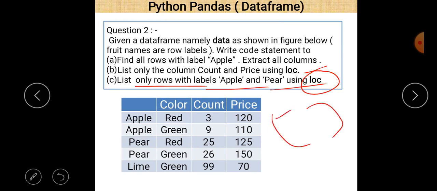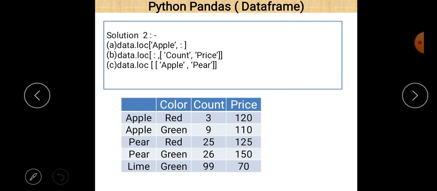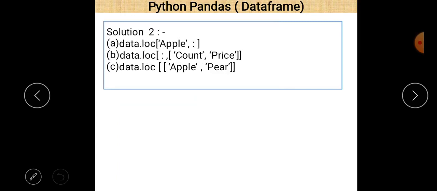The same goes for columns: if there is more than one column, put all the column names within a square bracket, and always separate the values by a comma sign. And if the names are strings, they should be within single or double quote marks. Okay, now this is the output, you can easily see here.